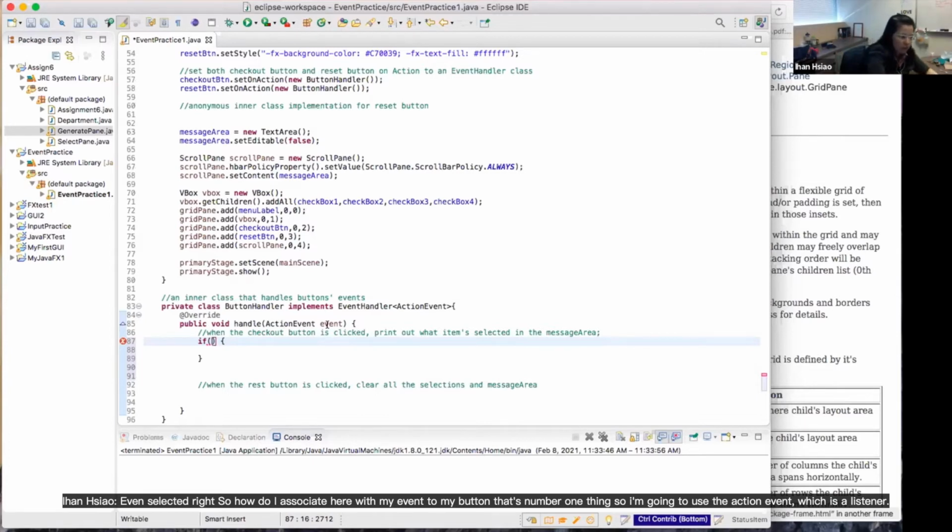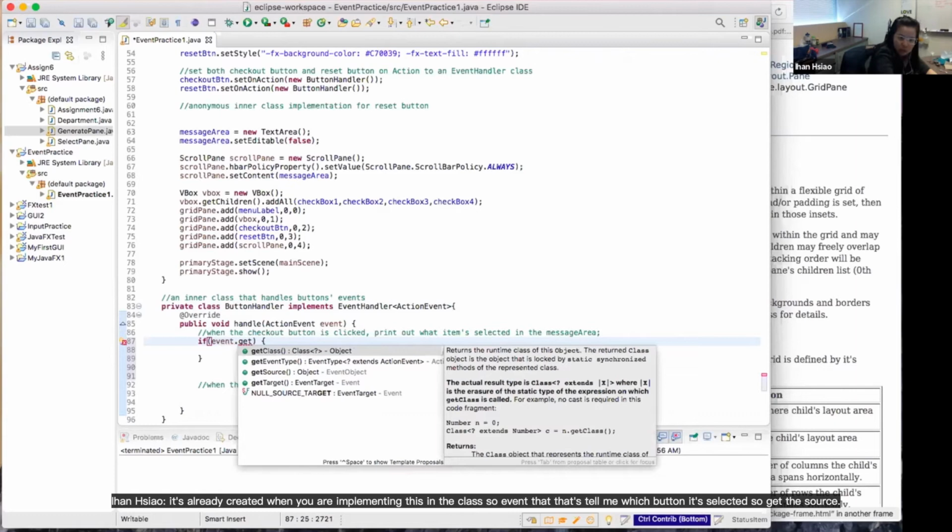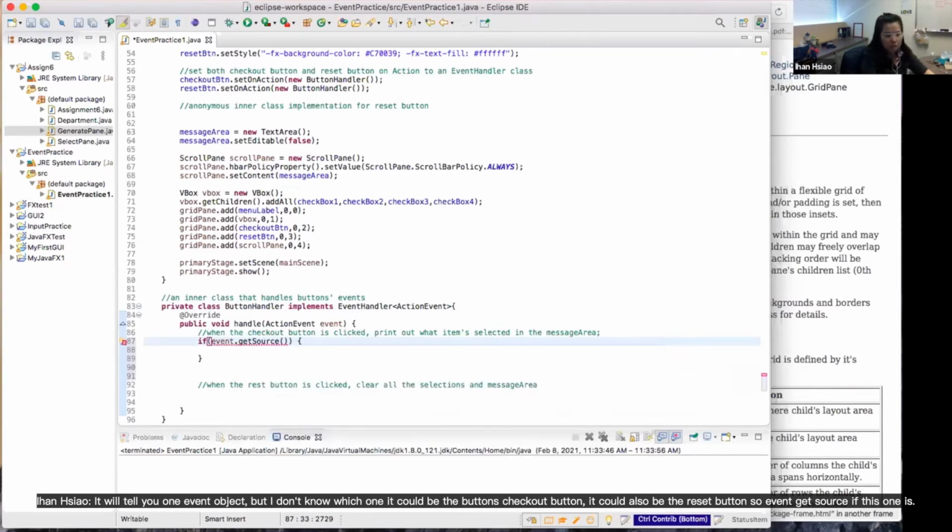That's the number one thing. So I'm going to use the action event, which is a listener. It's already created when you are implementing this inner class. So event dot, that tells me which button is selected. So get the source, it will tell you one event object, but I don't know which one. It could be the checkout button. It could also be the reset button. So event get source. If this one is